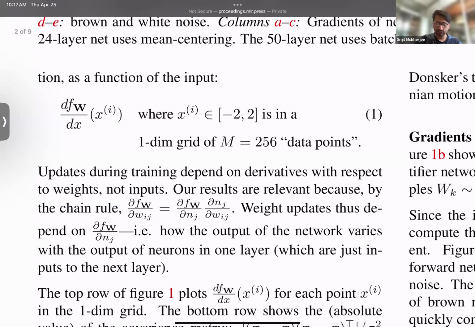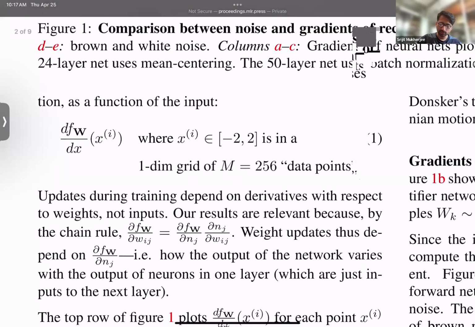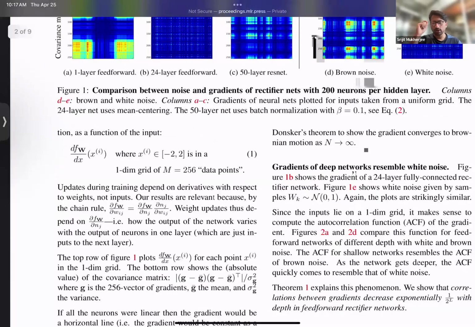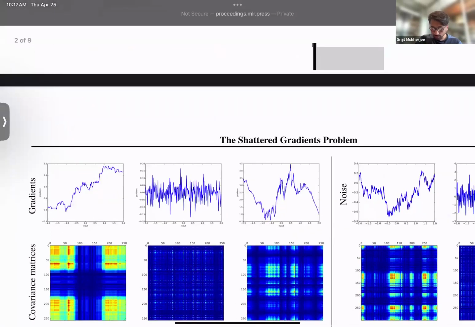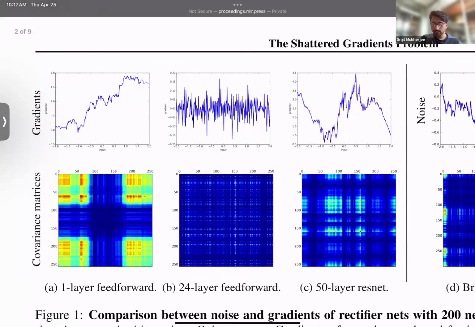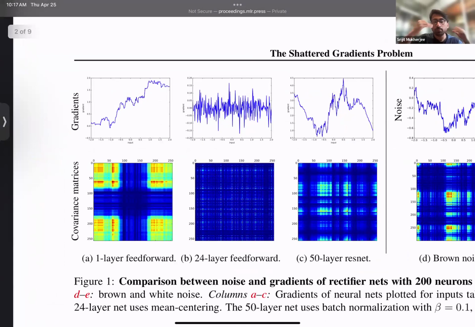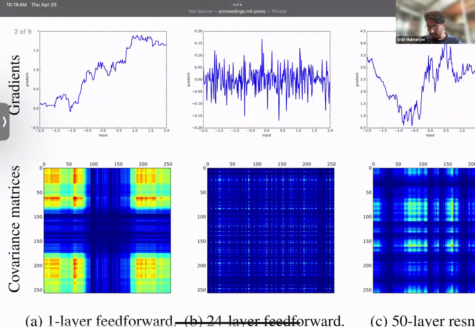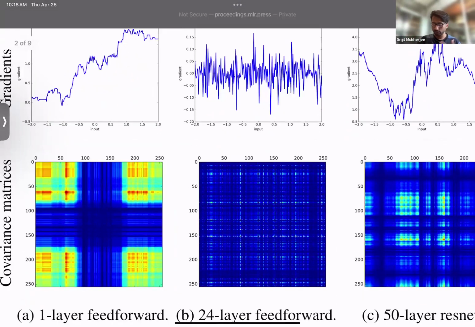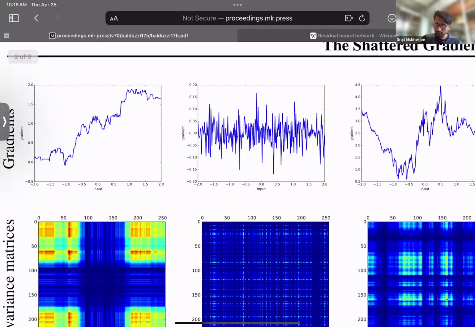So they calculated how the function output changes with respect to a small change in x. Not the weights, but the function output given a small perturbation in x. What they found is that for a deep fully connected network, with a lot of layers, like 24 layers, the change is pretty